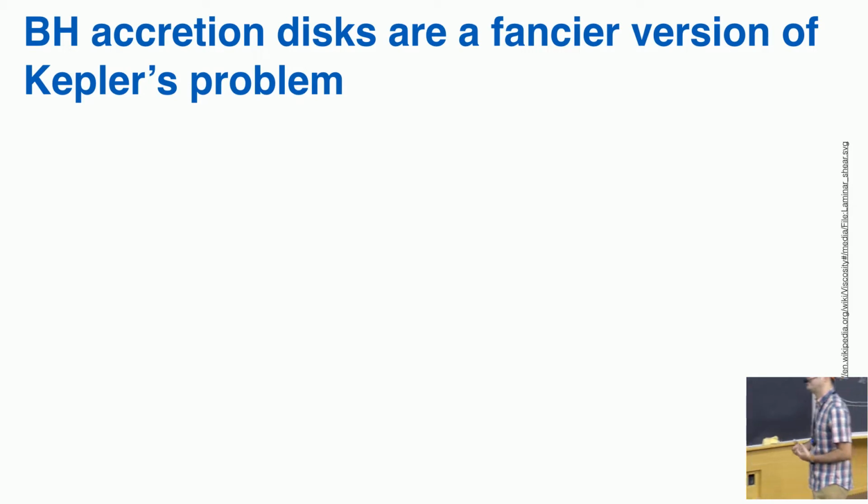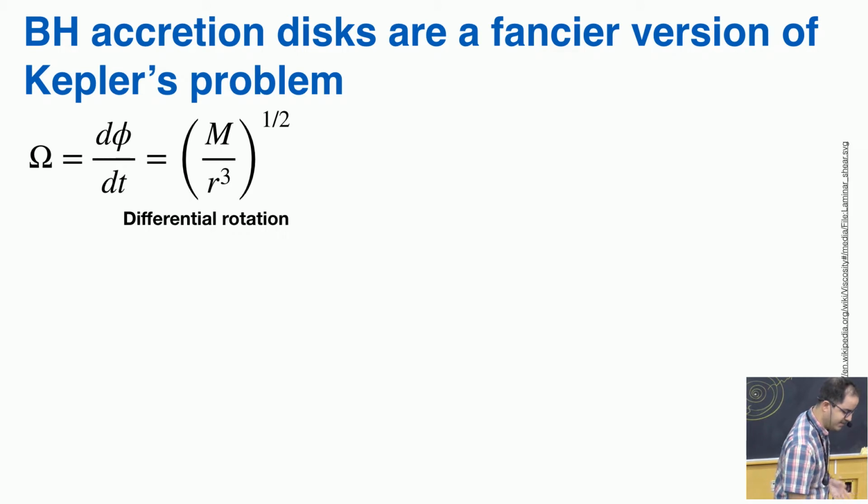And in order to have a conceptual picture of the physical mechanism removing angular momentum, we need to realize that black hole accretion disks or neutron star accretion disks or any kind of disk around a central object in astrophysics is really a fancier version of the Kepler's problem, of the two-body problem, okay, where you have a lot of test particles which have a negligible mass compared to the mass of the central object. And if this is the case, you can really write the angular velocity of the particles in your flow with